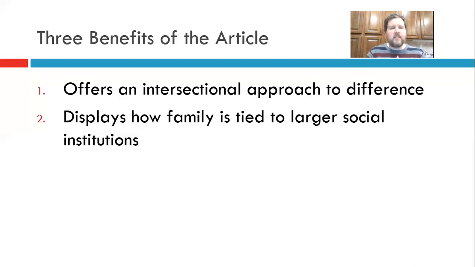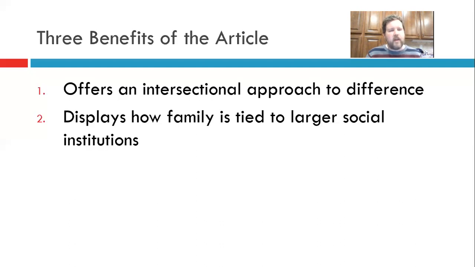Because what Johnson does in this article is he interrogates not only what is happening in his family by showing vivid representations of conversations he had with his grandmother or other family instances, but he's also looking at how that ties into larger cultural institutions. And so families are part of a community, and communities are a part of a city, and so on and so forth, right? And so it's not just the family unit that he's looking at,